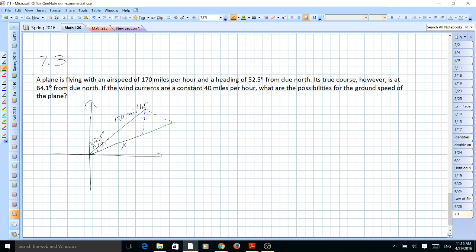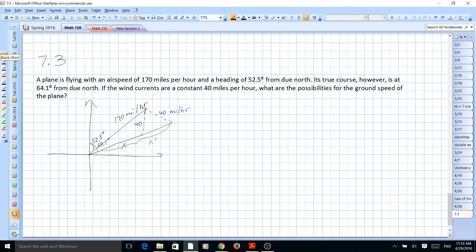I'll draw it in green. So what I will end up with is two answers. This is my ambiguous law of sines. I know this is 40. I know this is 40 miles per hour. But I will have two answers. One that I'll call X, and the other one, which is in green, I'll call X prime. Setting this up